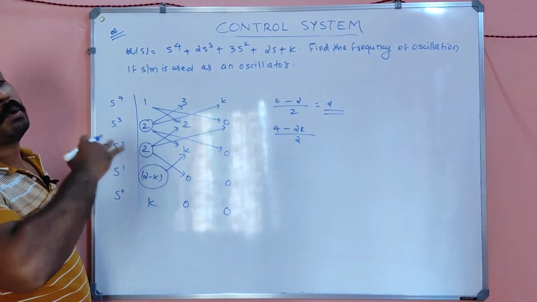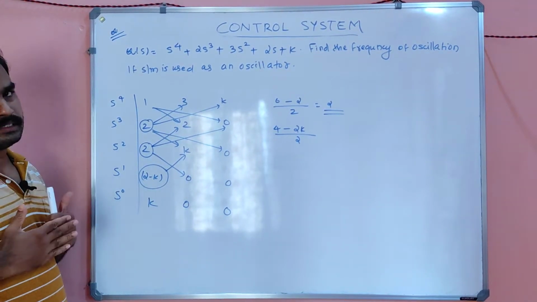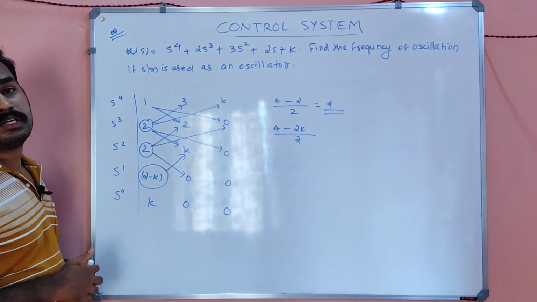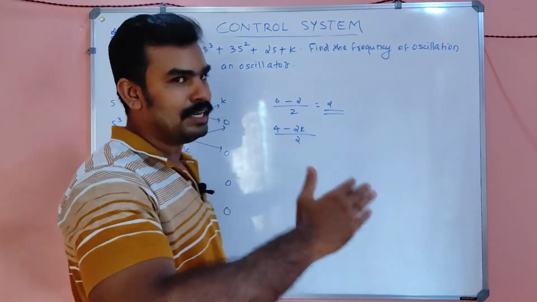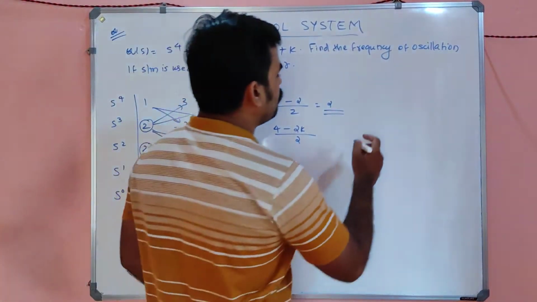Find the frequency of oscillation. For oscillation, we know for sure that there will be imaginary roots. Then only there will be oscillation, of course. I already told you that if we plot